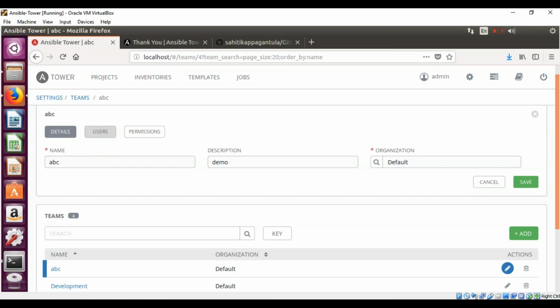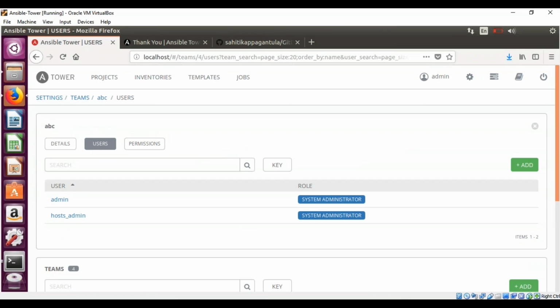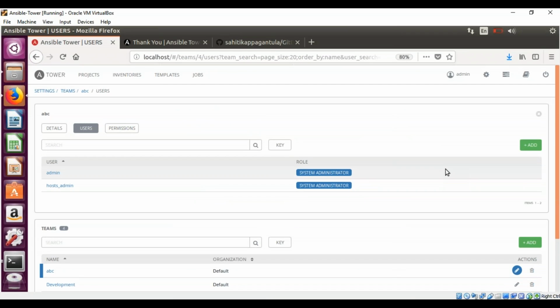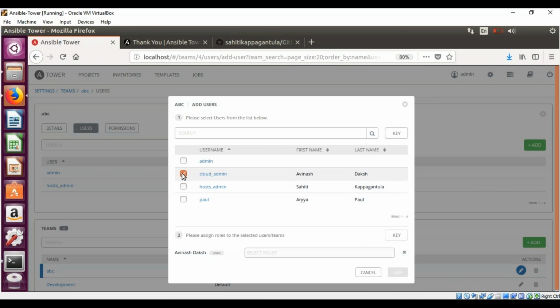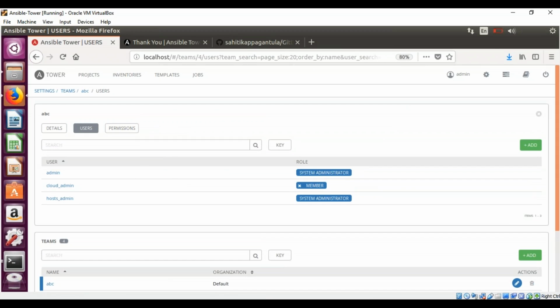So let's go to the users who can get access to this team. Now if I have to add a new user, I'll go to this add option over here and select the user. Let's say I want to add the cloud admin to this particular team, and then select a role for it. Let's say I select the role to be member. So he's just a member of the team, he's not the admin of the team, and then I'll click on save. Once you refresh this, you can see that the cloud admin has also been added to the team